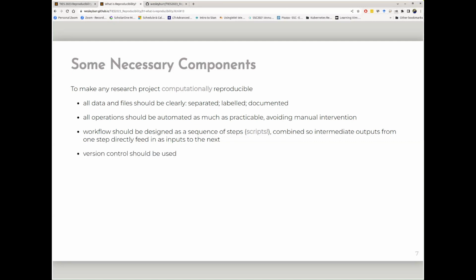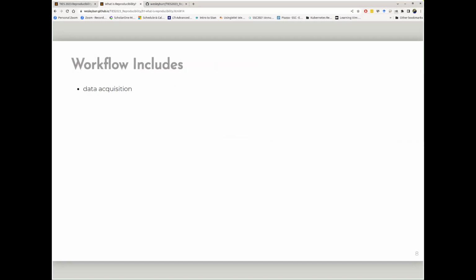You need to use version control. You have to be able to tell when the files were saved, how they were saved, who they were saved by, where they were saved, and why they were saved. You have to be able to step back in time and see the changes that were made. Otherwise, you could send me a zipped up directory which contains your nominal project, except all of the files are whatever you last left in that, not the version that generated the results that went into the paper that I'm asking you about. This workflow should include the actual data acquisition.